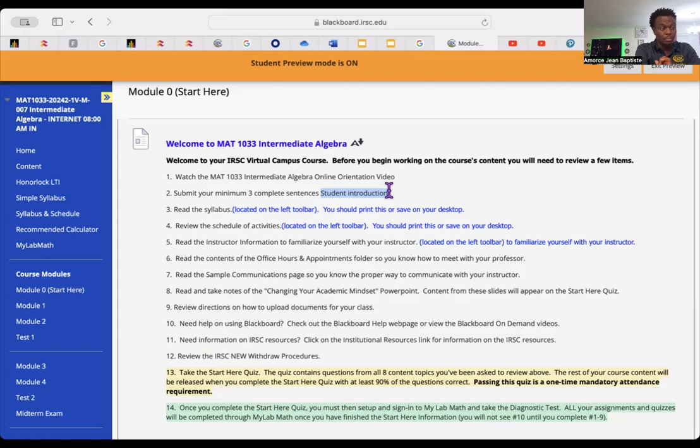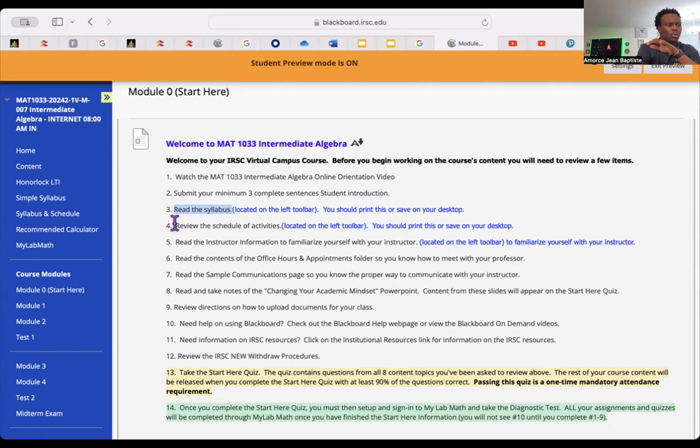Very important, number 3, read your syllabus. While reading your syllabus, I would prefer that you download and print it, if this is the best option for you, or you can download it on your iPad, and while you're reading it, you can highlight things that matter for you, for example how your grade is calculated and the dates.